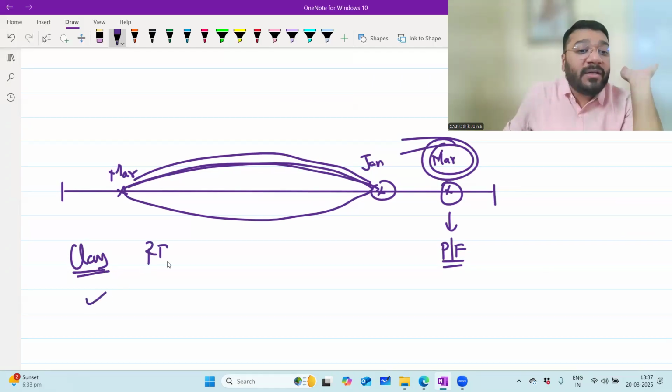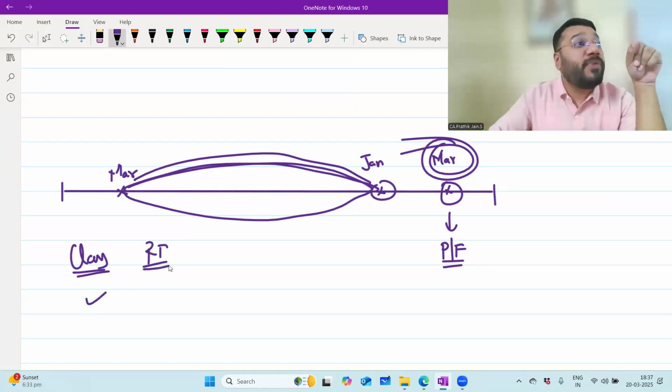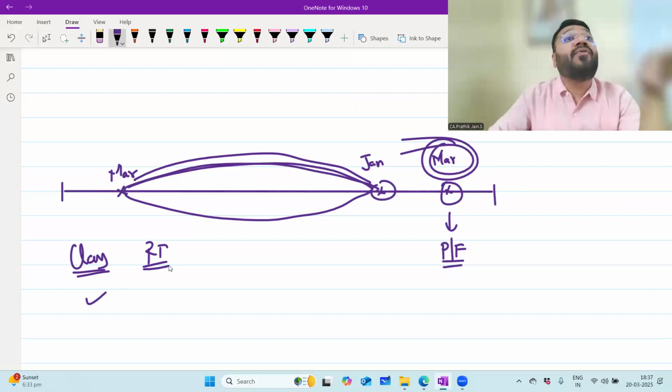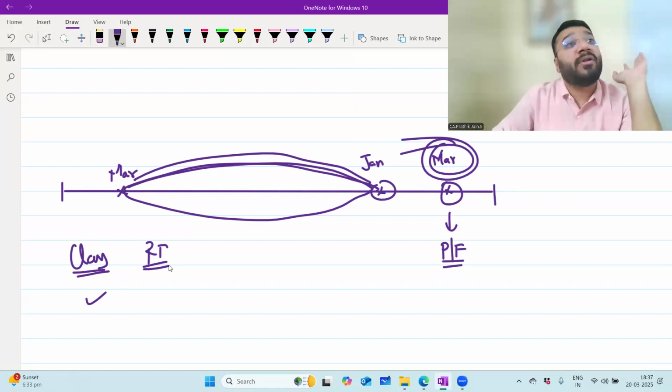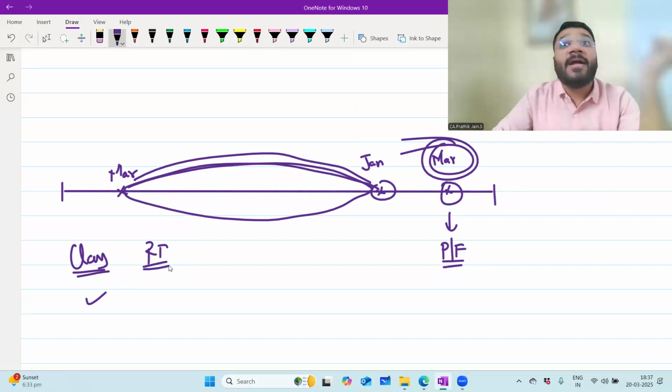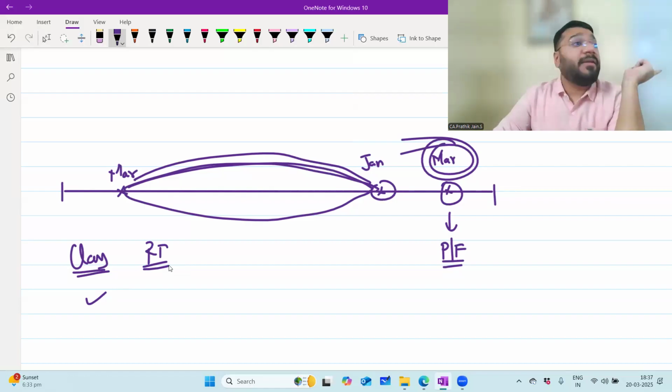Second, you'll take care of the revision technique. Whatever you have studied today, before you go to your bed tonight, you will revise and only then sleep. Make it a norm. If not fully, at least half of the portion you revise and sleep, however much you can. Next day morning when you get up, the first thing you are supposed to do, whatever you have studied in the previous class, you have to do a